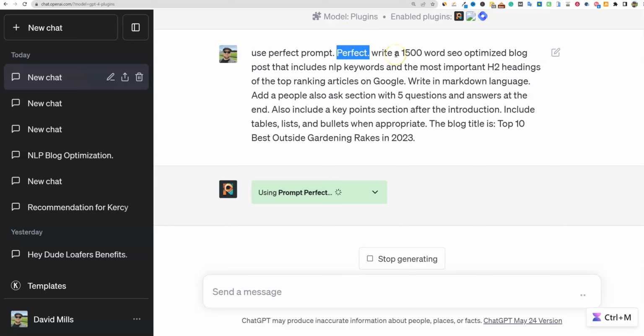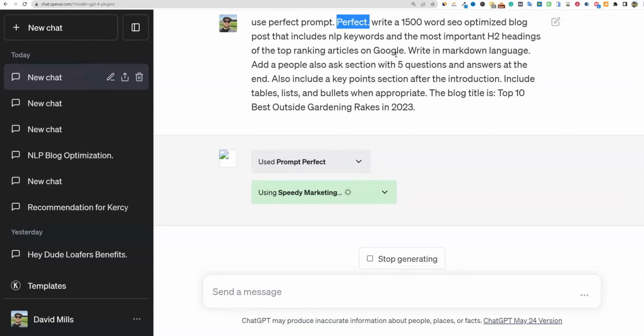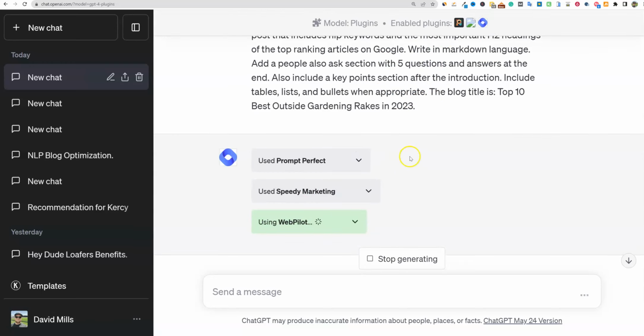And we said write a 1,500 word SEO. This is actually a pretty good prompt, I must say. I don't know how much. We'll test something else out very generically and see if it can do something for us. But this is a pretty in-depth prompt. I can't imagine it doing a whole lot more for us. But as you can see,